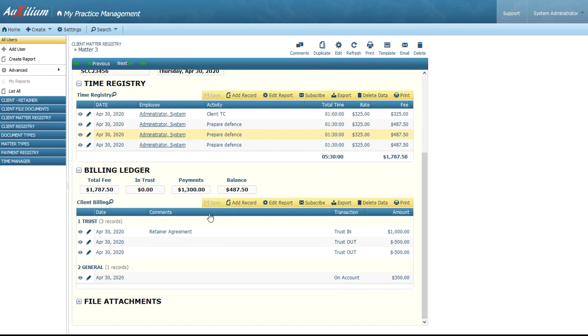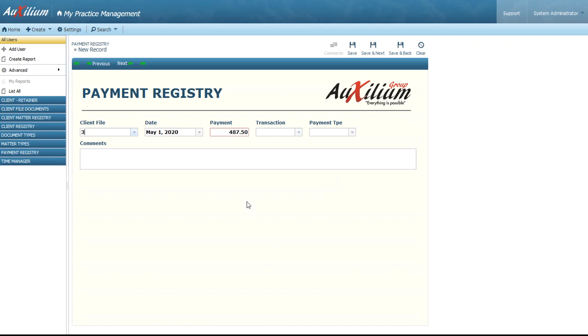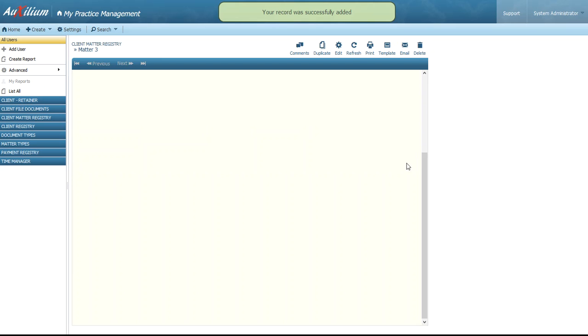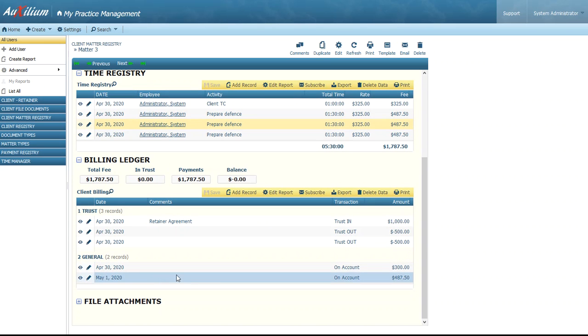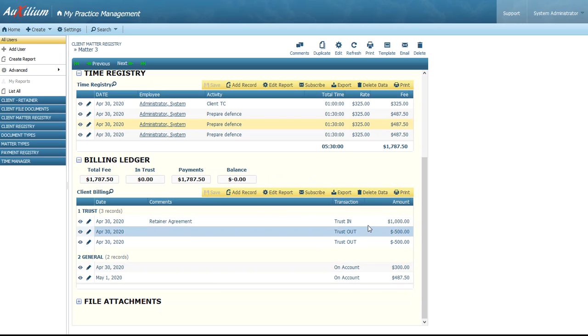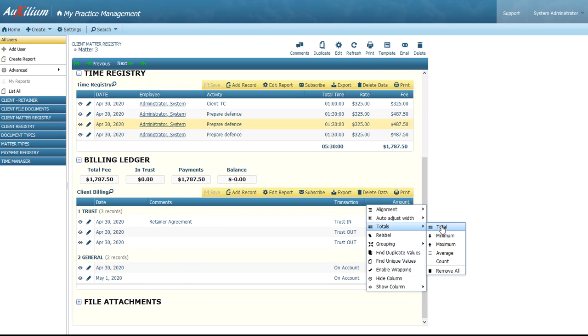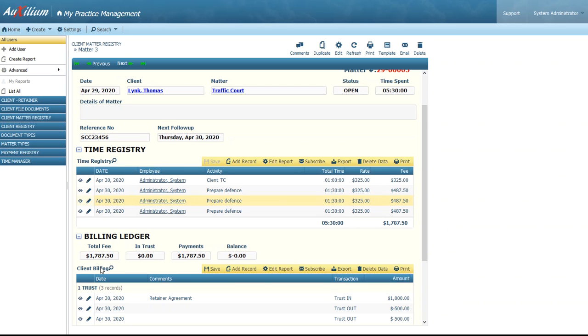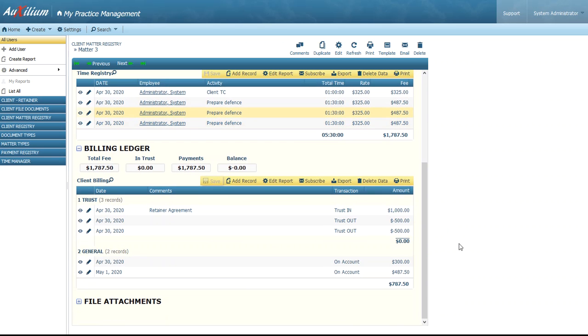So in doing that, add a record to the system, it automatically fills in the full amount. The amount would have been on account received, and the payment was via, say, a check, save and back, and then that puts the money down in here and shows the balance owing. If the balance owing is zero, the trust account is empty. We can do a total here. It should have been a total. Gotta save that. So it shows there's nothing in trust, and there's a balance owing here, and there's no balance